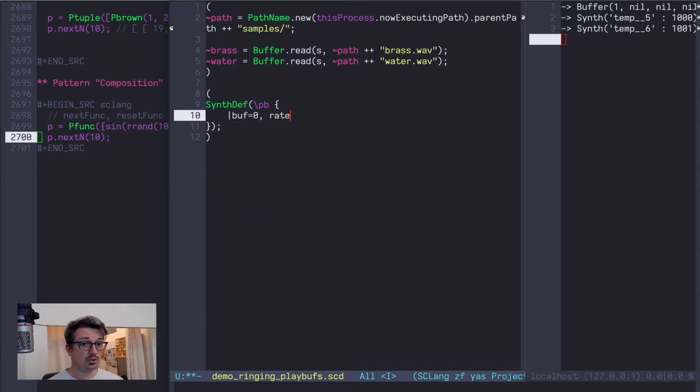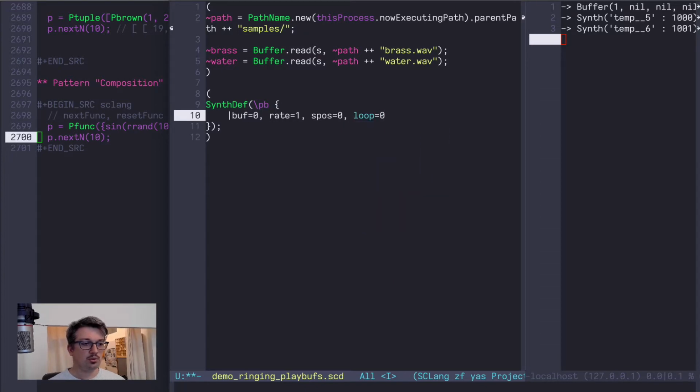We are also going to need the rate at which our buffer is playing. We are going to need a start position, which would default to 0, the start, and a